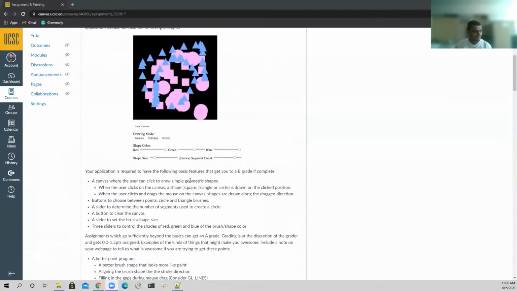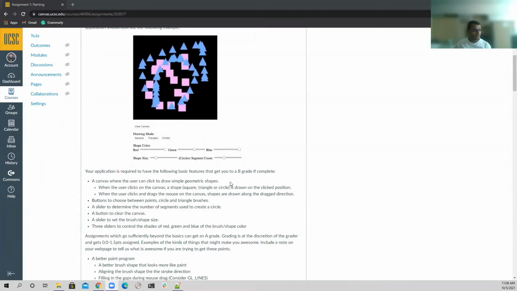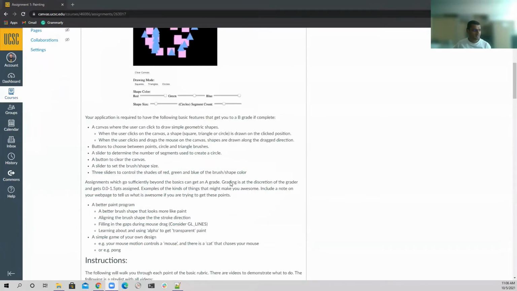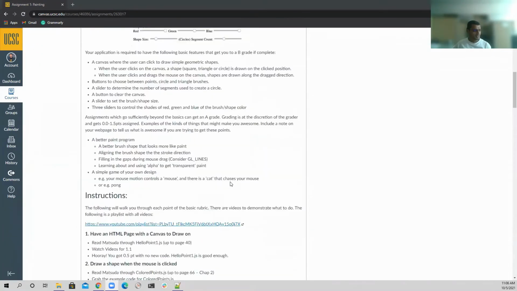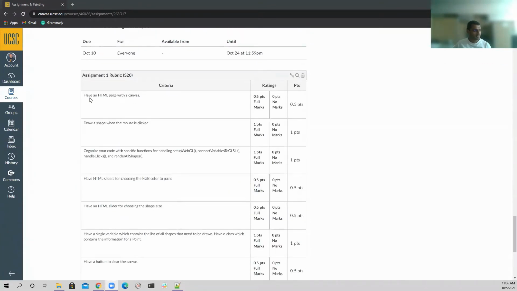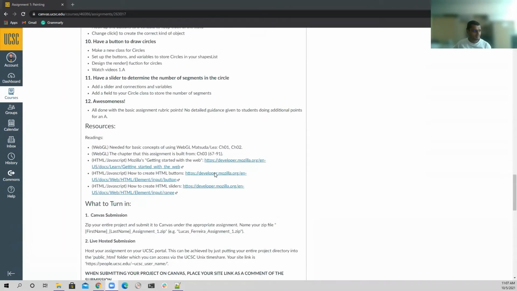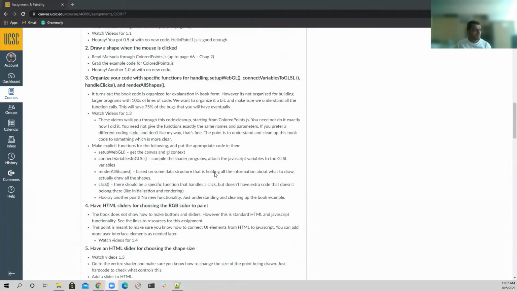These are the basic features that you need to get if you want to get a B, but there are other requirements that we'll see later. The nice thing about these assignments is they are well defined after years of polishing and improving. Now they're in much better shape. If you follow the instructions, you can know how many points you're going to get for completing each of these steps. So this rubric is nice. It gives you a very good idea about what you're going to get for the work that you submit. So let's take a look at